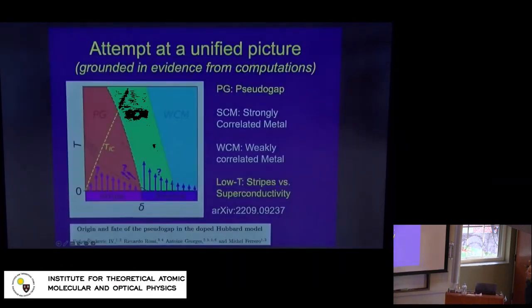But first, let me give you a guiding thread for the whole talk. What I will try to do is to summarize the various things we've learned into a unified picture. And you will notice that there are no units on this axis, because this is purely qualitative. But this qualitative attempt is actually grounded on data. You may think it looks suspiciously similar to the phase diagram of the cuprates, but I promise that this is grounded in data. Okay, so what you have here, let me guide you through this.